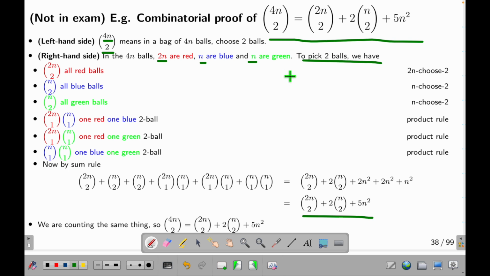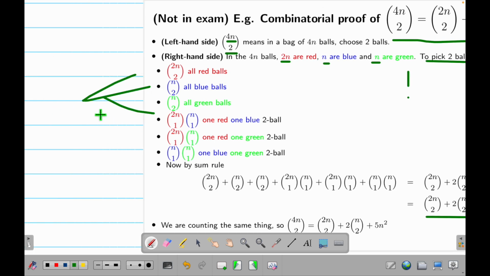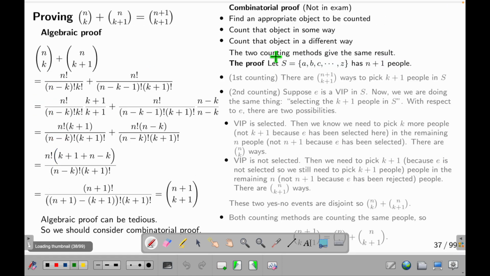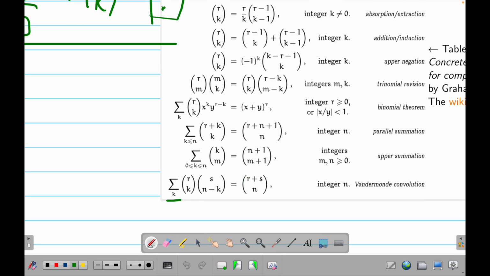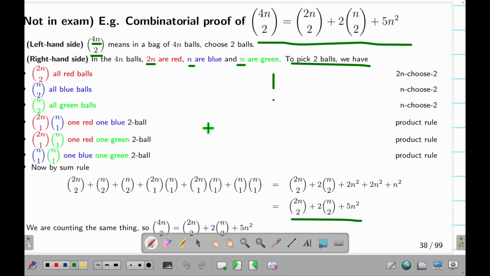I don't even need to do the calculation. I just argue. And what is the argument here? I just consider all the possible cases, so in this case I'm actually drawing a tree. And this is how you prove this kind of crazy thing without using calculation. If you do this, this is the next easy one. What if this one? What if this one? With this kind of method, of course you can, but it takes 10 pages. But if you come up with a very smart way to split these 4N balls into 2N, N, N, then